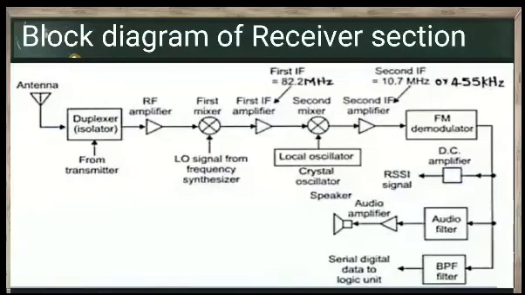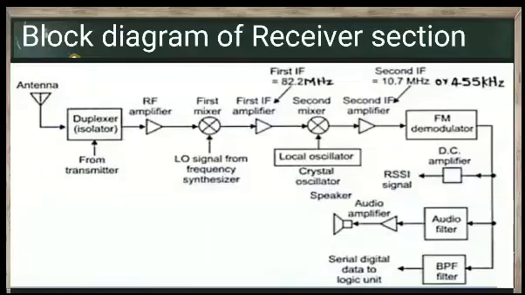This is all about the transmitter sections. Now we discuss the receiver section present in a mobile phone. This is a general block diagram of the receiver sections in a mobile phone. It also consists of 5-6 blocks. Mainly there is a duplexer. Again the antenna signals pass to the duplexer, and the duplexer also takes the signal from the transmitter section, and passes the signal to the RF amplifier to boost the signals.